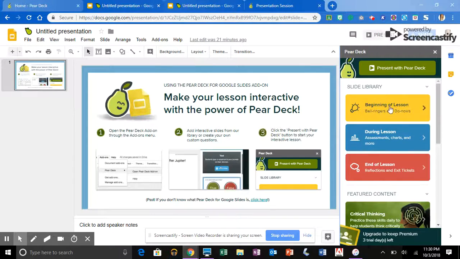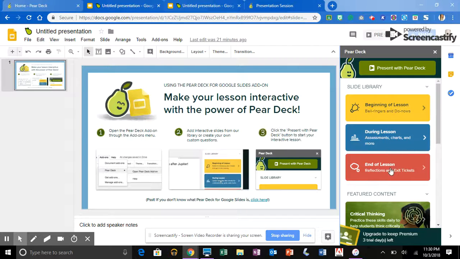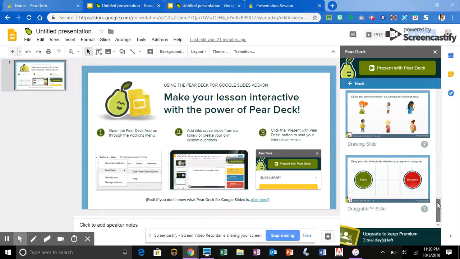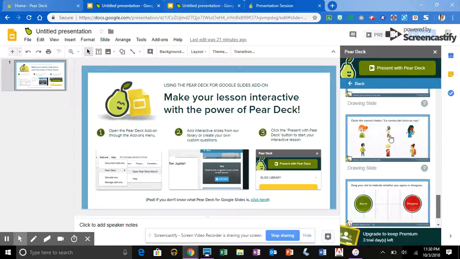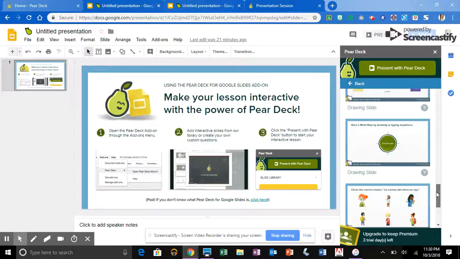And so you have the beginning of the lesson, which is like bell ringers, getting your students thinking kind of questions. And then you have the end, which is like reflections and exit tickets. But you also have this during the lesson, which is different assessments and graphic organizers. You have circle the right answer. And then you have mapping, like ideas, organizer,